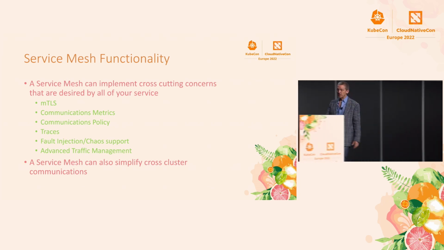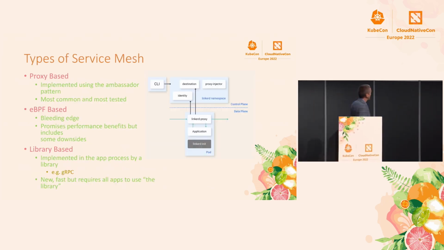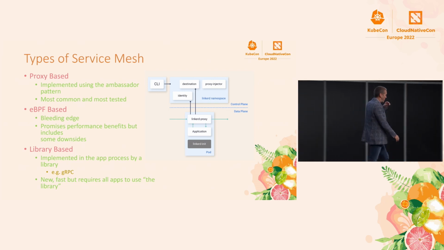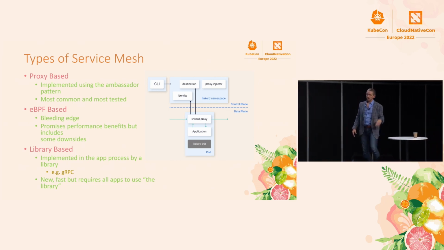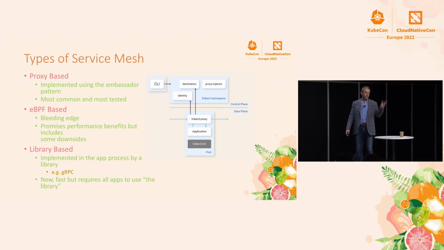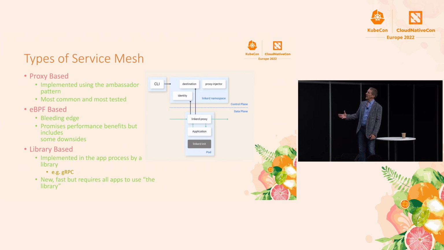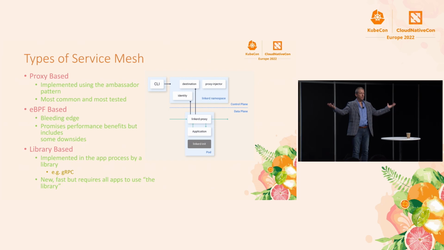And there are a bunch of them to choose from. There are proxy-based service meshes. So this is the long-standing group, right? Your Linkerds and Istios and Open Service Meshes and so on and so forth. And so those guys are well understood. They're also nice because they operate in the pod sphere. They're not messing around in the kernel or down at the host level. And this means that the second your traffic leaves your pod, it's encrypted. And so that's nice, right?